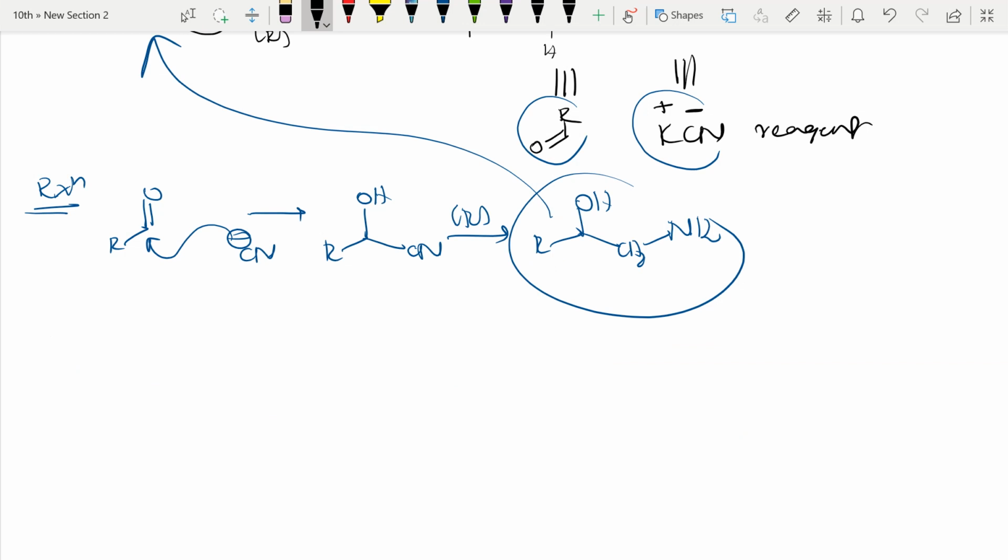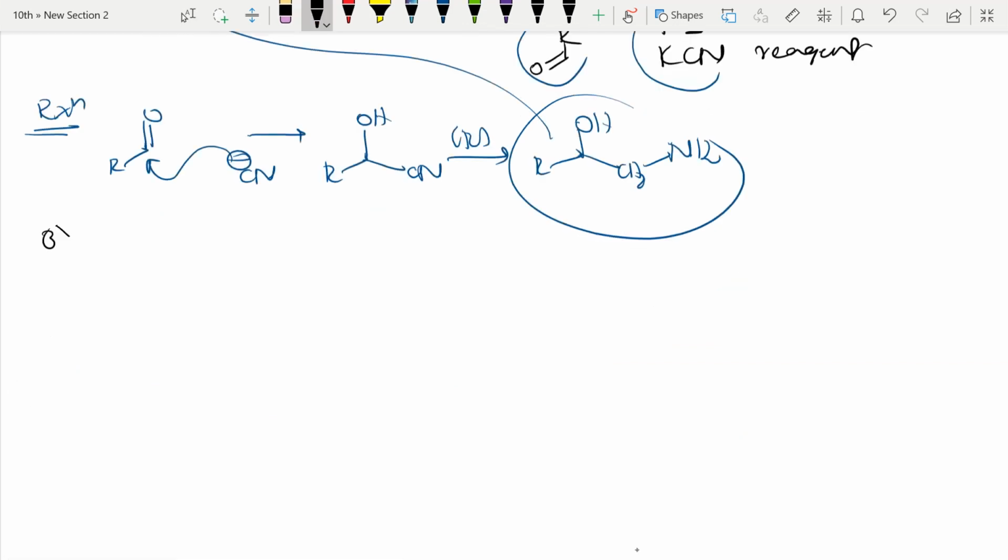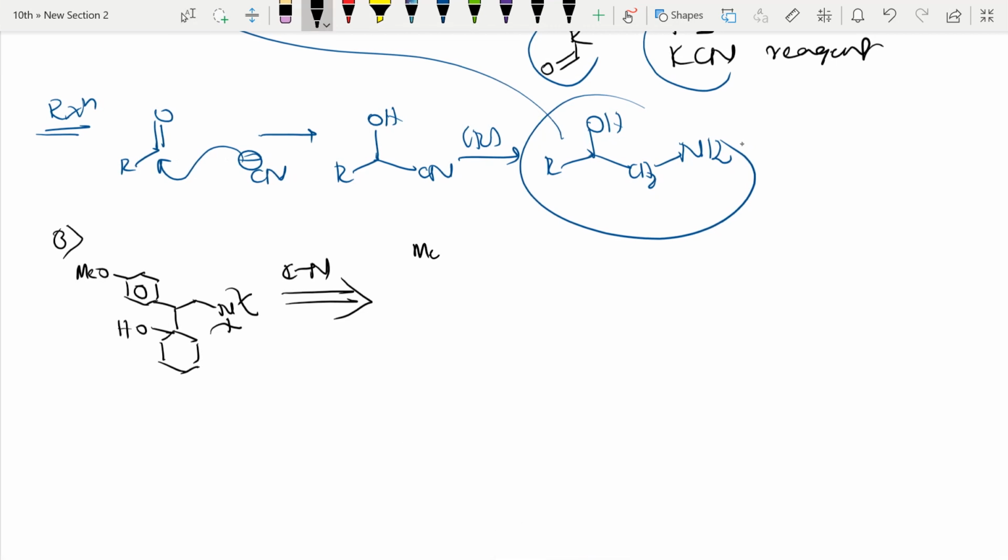Next, let us see one more example, the third one, right? So this is also a very simple, easy one. Whenever I start writing with the black pen, please understand that I'm explaining retrosynthesis, right? So this is what they have given. So what I'll do is retrosynthesis. First, see here, this methyl group and this methyl group, I'll dissociate both simultaneously. So it is a C-N disconnection, right? So what I'll get is this compound, MeO.